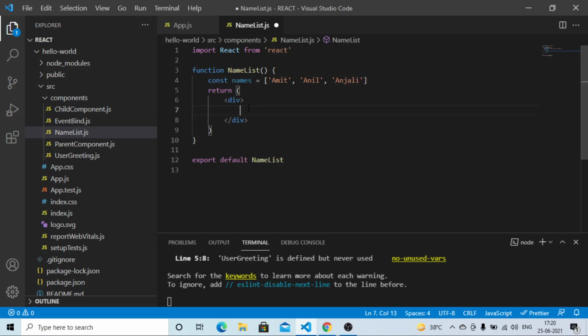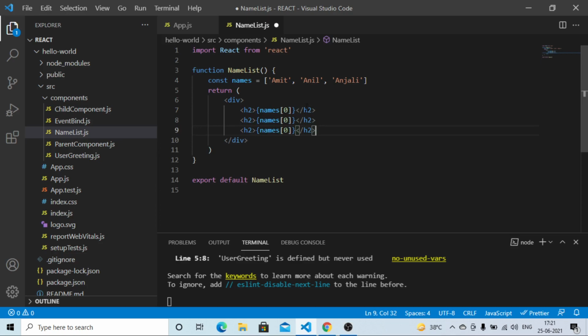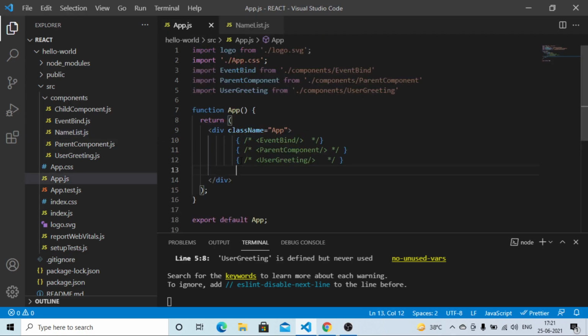Now you want to render these 3 names in the UI, so I'll be making use of the h2 tag. Here names[0], I am going to copy this code and duplicate it, so names[1] and names[2].